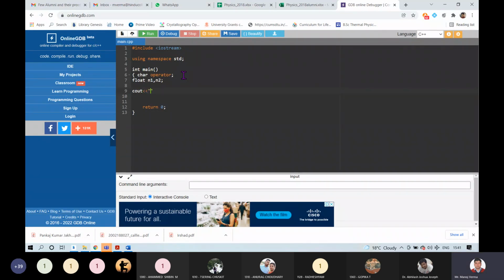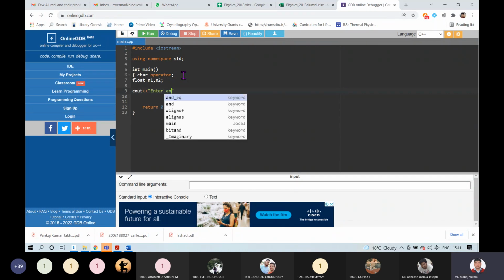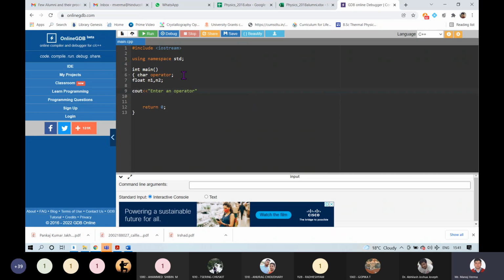I want to ask the user which operator he wants to perform on the given 2 numbers. Let's say plus, minus, multiply, and divide. Okay, something like this. It will be printed as it is, so it is not a problem.